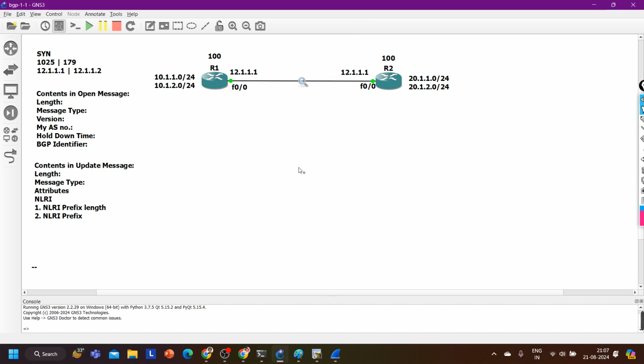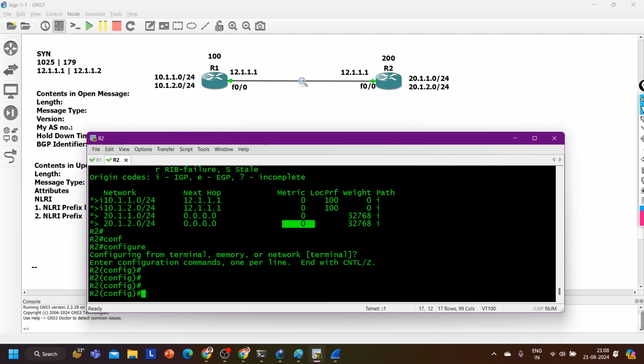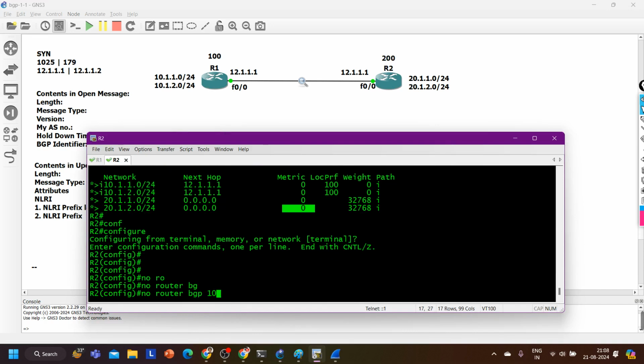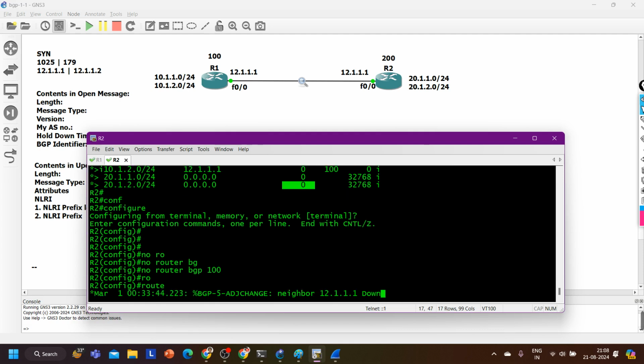Fine. Now try to understand the eBGP configuration. Now guys, here let's say AS number is 200. Configuration is very simple. On router number 1, I am not going to modify anything. On router number 2, I am going to remove BGP AS number 100 configuration. Router BGP 100, no router BGP 100, and router BGP